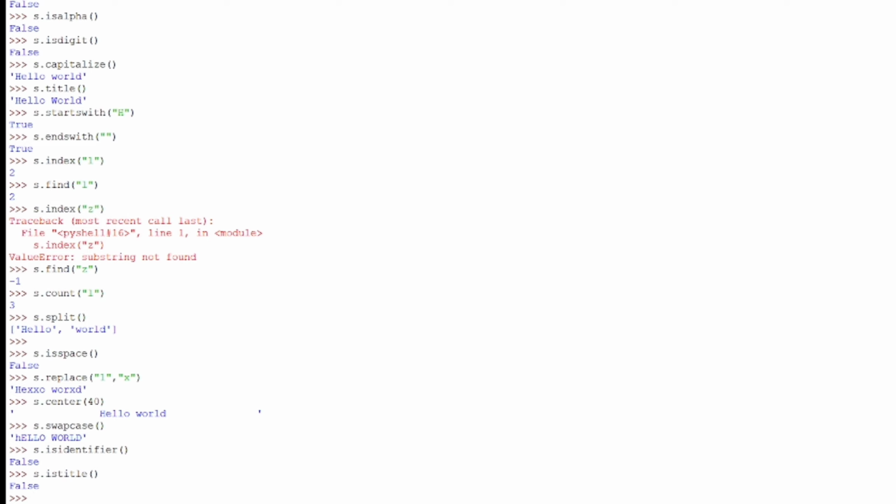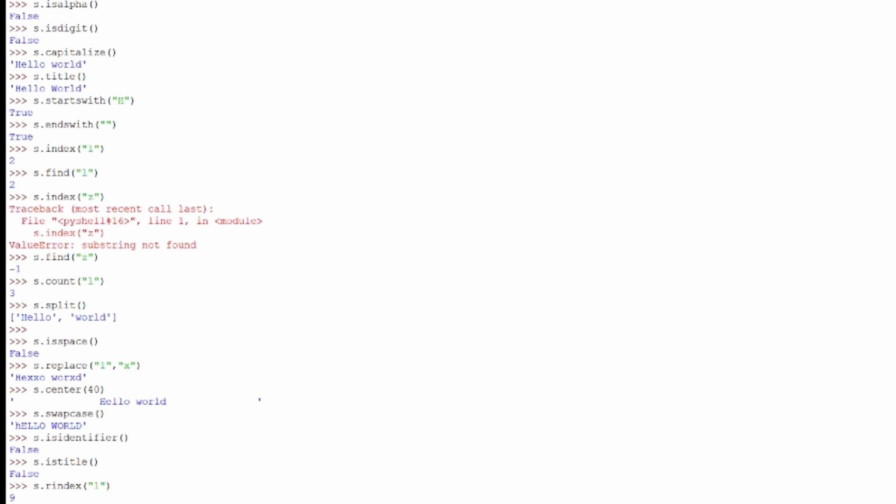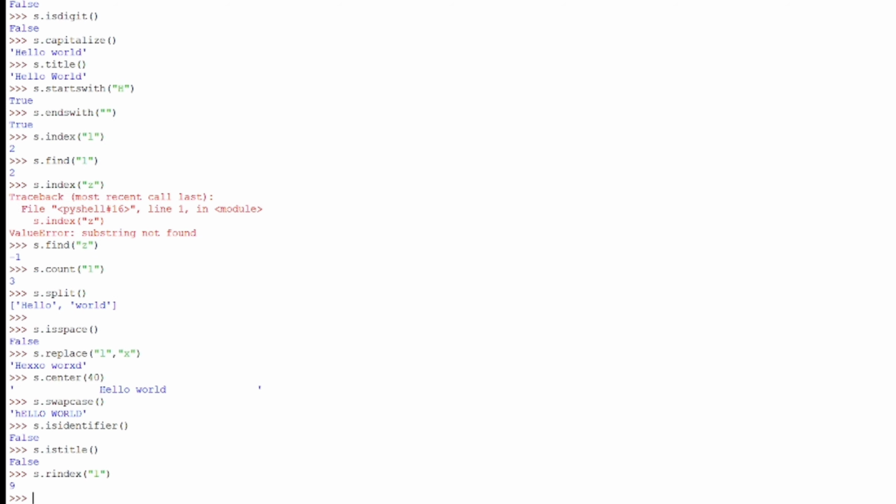And the next one is rindex. Index is used to find the first occurrence from the beginning, and this rindex is used to find the index of a character from the backwards. See, it is giving you the answer 9 because from the last, the first occurrence of L has index value 9.